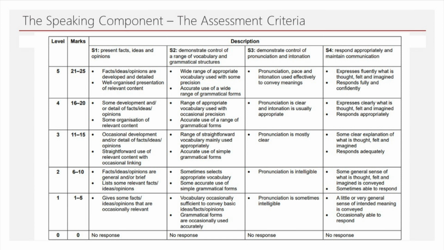In the table on screen, we can see the assessment criteria used to assess the performance of candidates in the speaking component. Candidates will be placed in one of the 6 different levels of achievement possible, with level 5 being the strongest and level 0 being the weakest. To be in level 5, a candidate must be able to do the following: